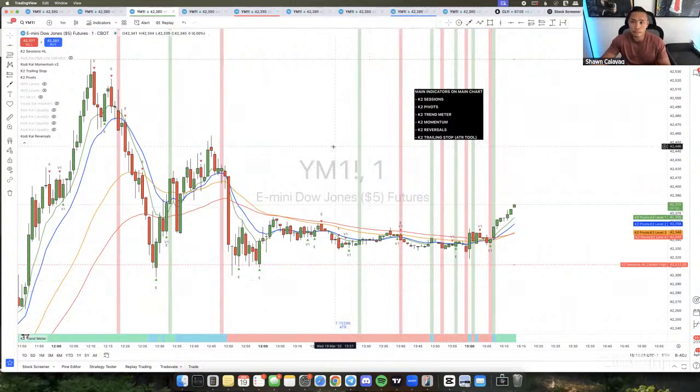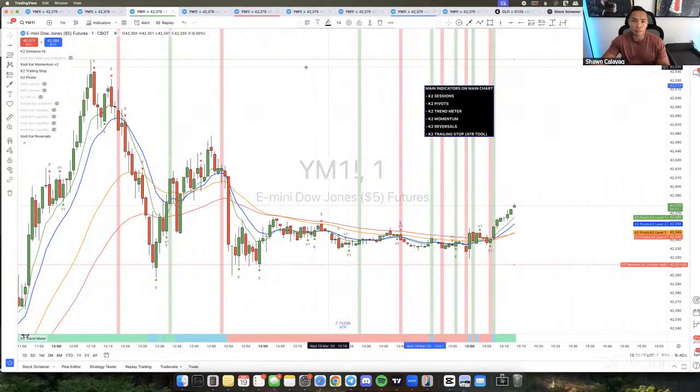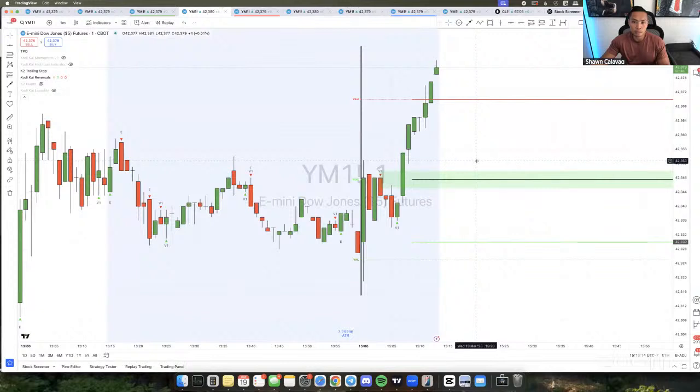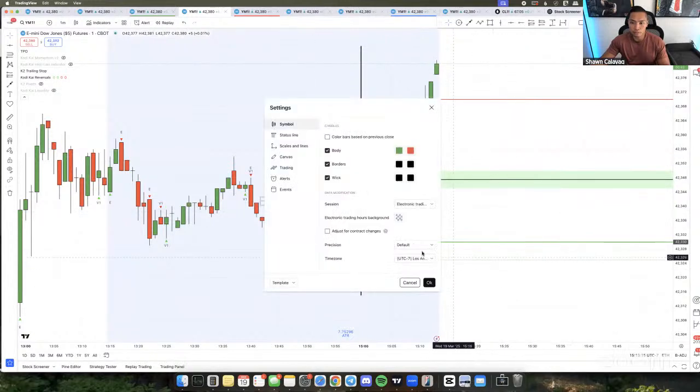Again, if you want to set it up this way, feel free. If you want to take off some, add some, you can do whatever you want. But this is what I have here on my main chart. And this is where things start to change a little bit. So for this one over here,